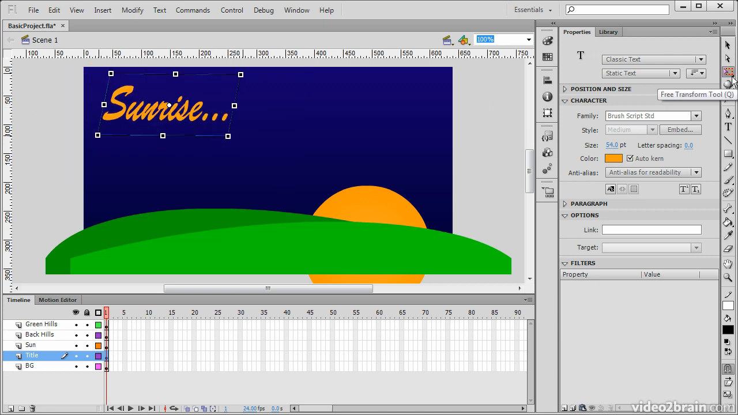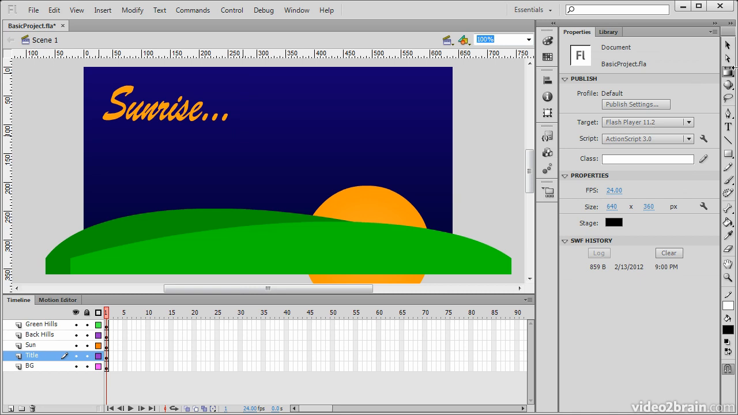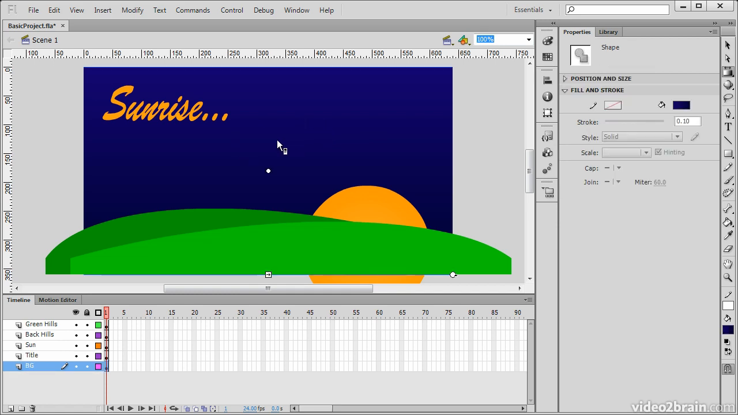Grouped within the free transform tool area is also the gradient transform tool. And to get to that, we simply need to hold down our mouse button on the tool and then select a new one. Any of the tools that have this little black arrow in the corner, you're actually able to do that too. So if I select a shape that has a gradient on it, like this sky here, I get these gradient transform